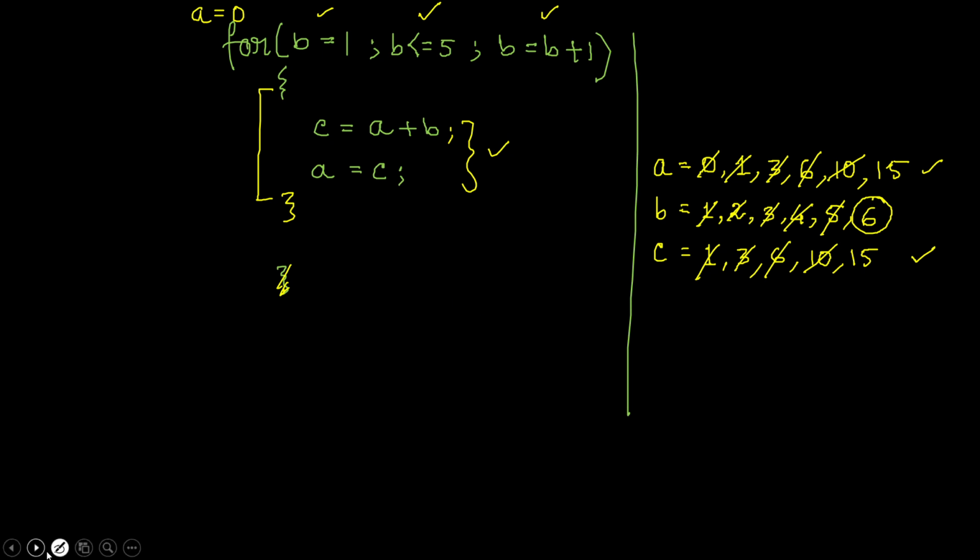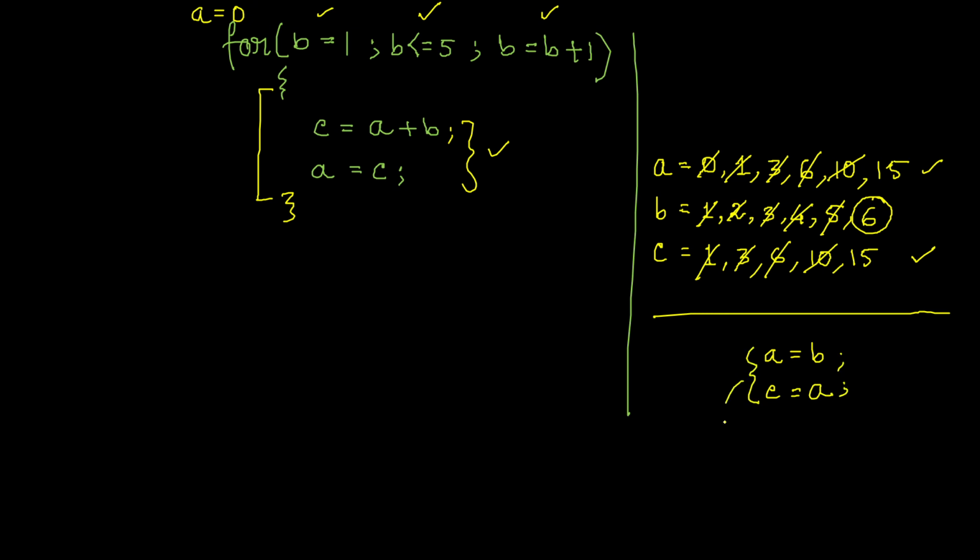Now I can make this program actually a little bit simpler. You see one thing: suppose you are writing two instructions. For example, A equal to B and then you are writing C equal to A. What does it mean? These two statements can be written in only one line, C equal to B, right? Because ultimately what is coming into A is going to C. So C equal to B is correct.